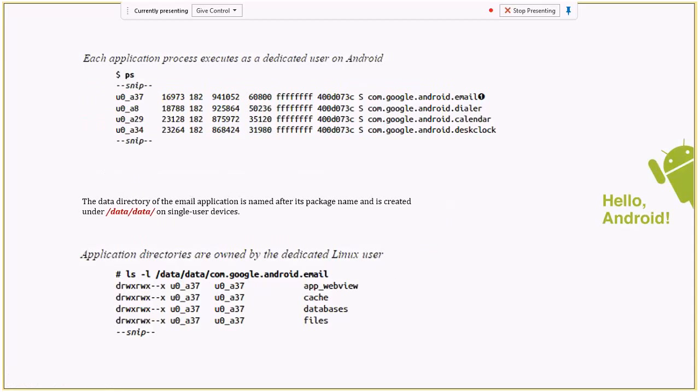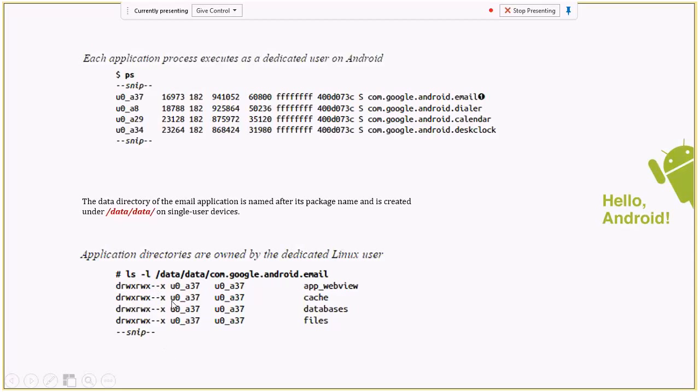Just to give you a glimpse of how it looks: each app is given a small portion of memory under data, where you can look at all the files and folders that app is creating. If we do an ls into com.google.android.email, this particular app with the user 837, you'll see it's only accessible to itself and to the same group.